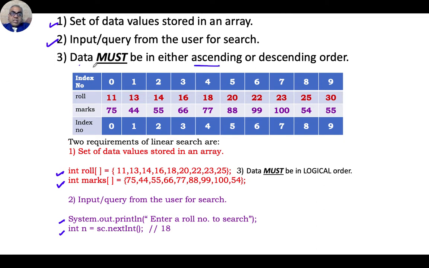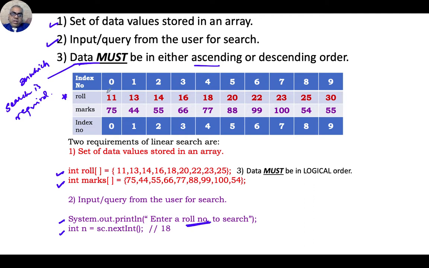If you look at this, especially the data on which search is required. For example, we want to search for a roll number, so the roll number must be in ascending order. You can't have roll number in ascending order and marks in ascending order. Like if I tell you in your school, stand in your height wise order and your roll number wise order and your date of birth wise order, not possible. You can be either date of birth wise order, or roll number wise order or height wise order. So one of the fields on which the search is required must be in some order.